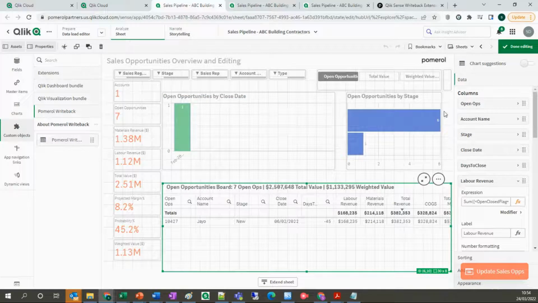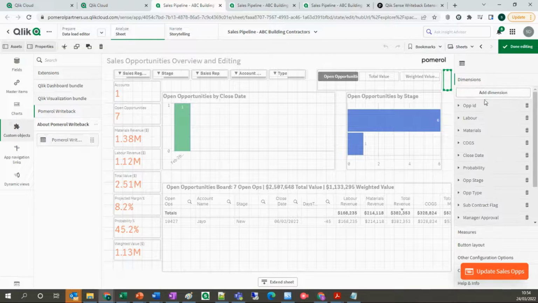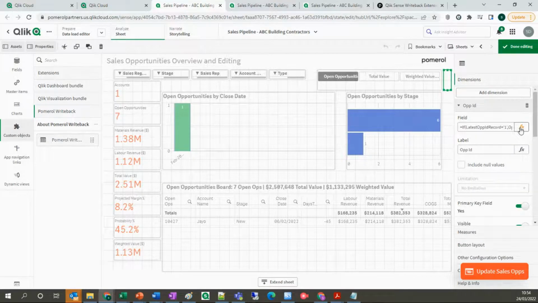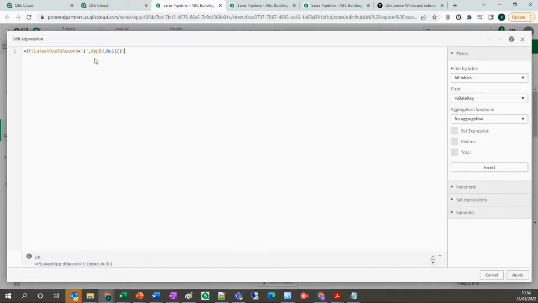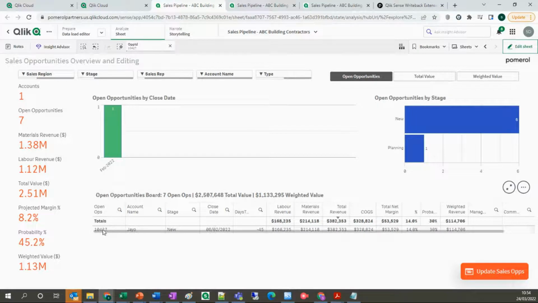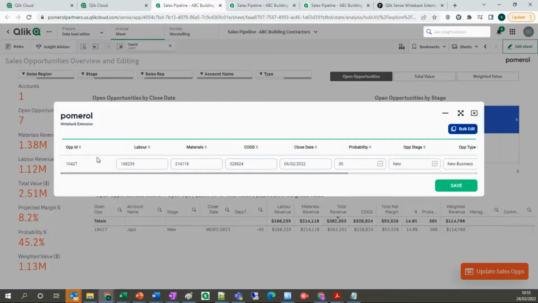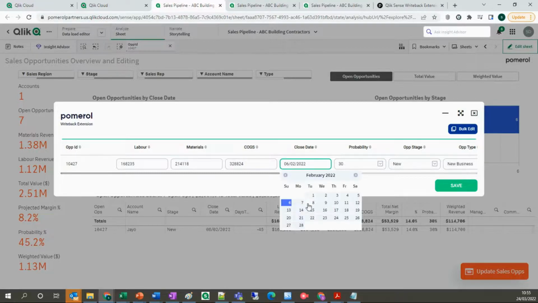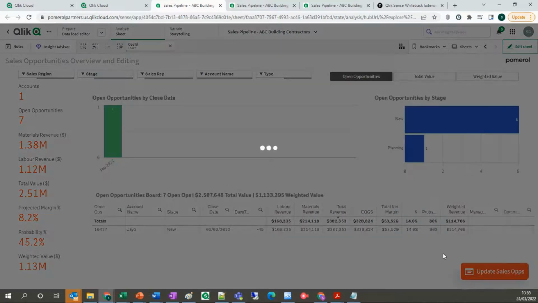We're doing the same thing in the table here, but most importantly, in the writeback extension itself, when we come up to our opportunity ID, what we're saying is only show us the latest record for that op ID. The reason for that is, I want to see the latest set of records for opportunity 10427. And then if I want to go and edit this again, I don't really care about what the previous 9